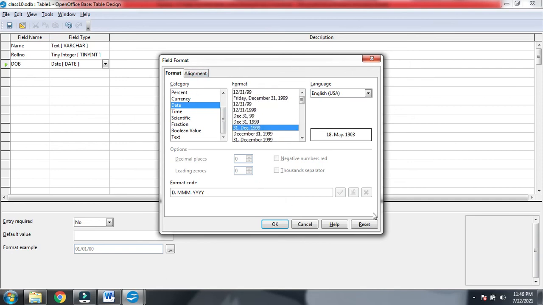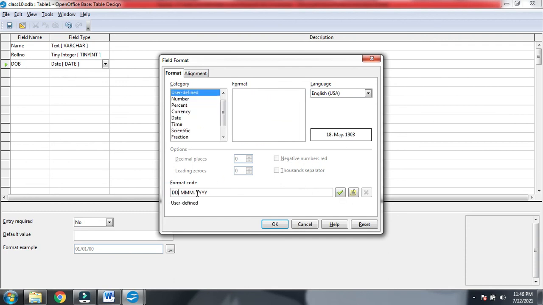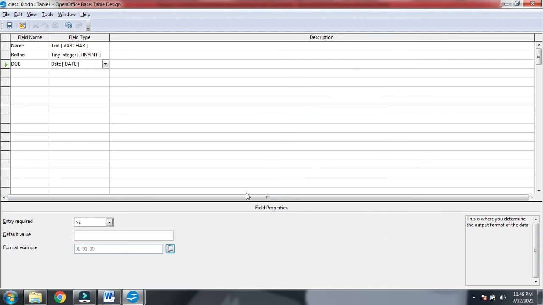This option is not available, so here we'll change the format to DD MM YY. Then I will click on OK. So here we have the date, month, year format.